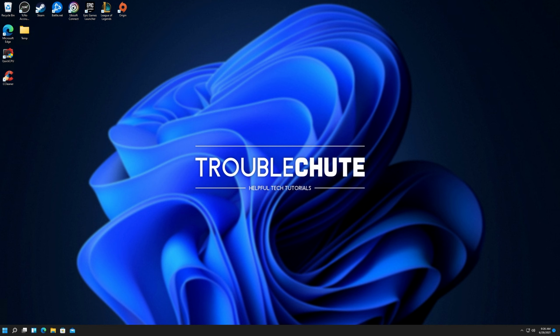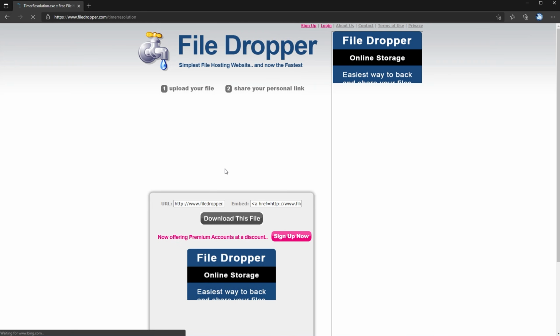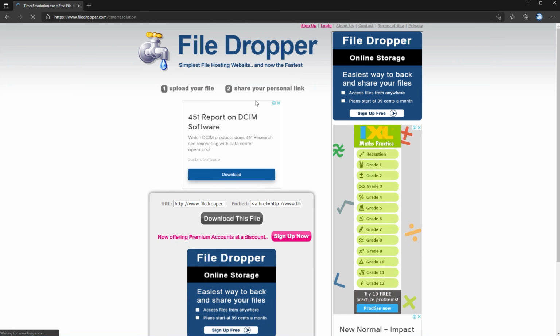Now, something else that I've seen a lot of people talk about, but I personally don't see that much of a difference with, is TimerResolution. Basically, it's a bit of software that you run that keeps your CPU running at the highest possible performance always while you're playing games. Then when you're done, you reopen it, and you make sure to set it back to the default, then close it. In the description down below, you'll find a link to TimerResolution. Now, of course, this isn't much of an official download page, but this is the one that basically everyone's using,